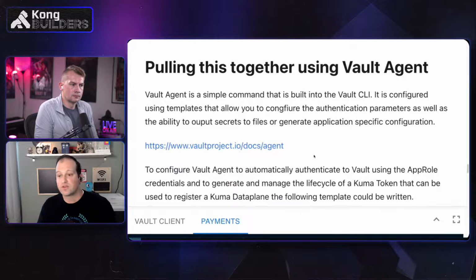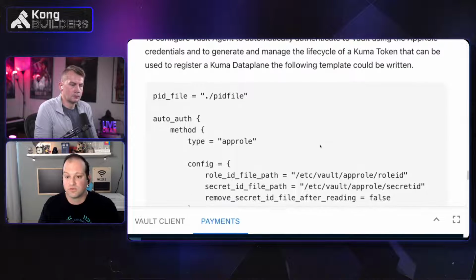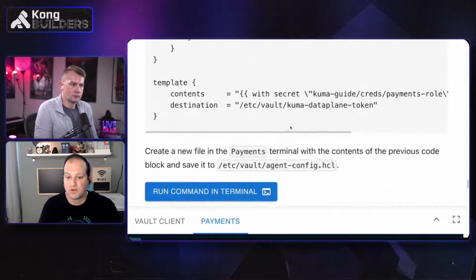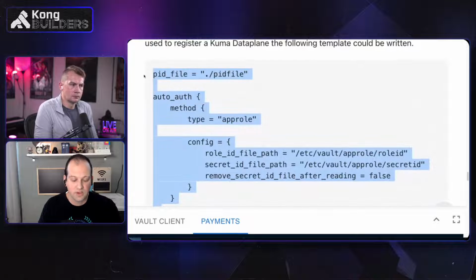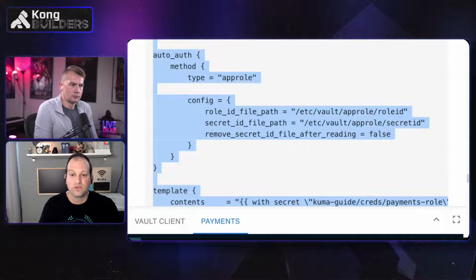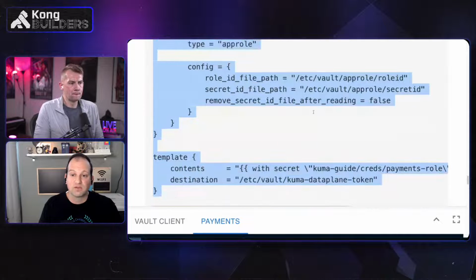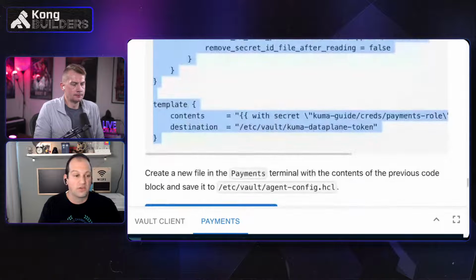All right. Now, let's put this all together into the Vault agent, because we went through the manual process of what Vault agent is going to do in the background. So let's actually create a Vault agent that will do this for us inside of payments. We're going to copy and paste this template. This is the Vault agent template. It's telling us that we're going to auto-auth with the app role method. You can use this with any type; it could just as easily have been AWS or GCP. There's a config associated to whatever type of method. In this case, we're using app role, so we need to tell it the role ID and the secret ID. And then what is the template? What are you doing with that?